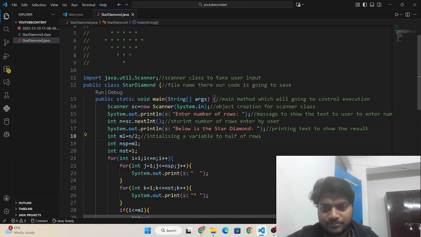Okay, and printing the number of spaces.